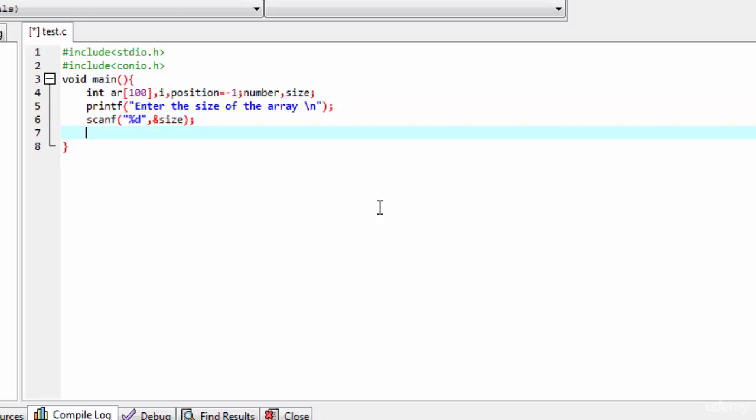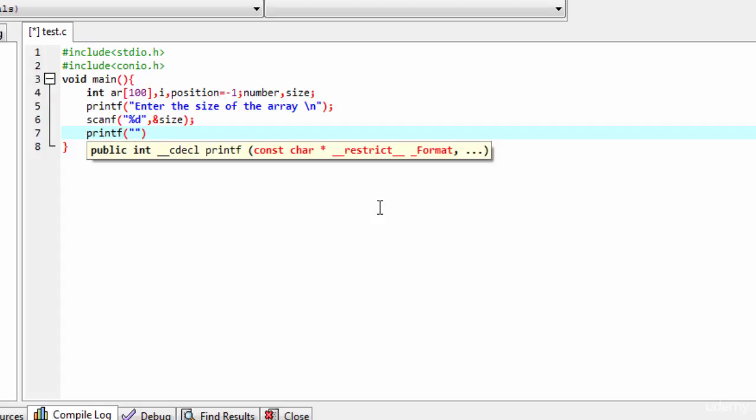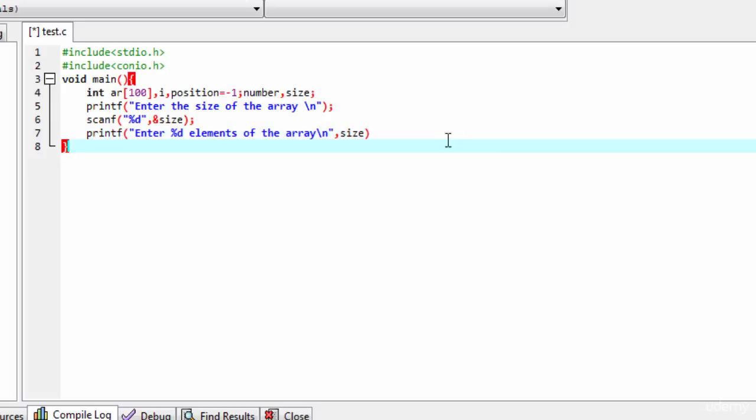Okay, now we have to ask the user to enter values in the array. So for that I will write printf, "Enter %d elements of the array \n", and here I will write size. Okay, so now we have the array,